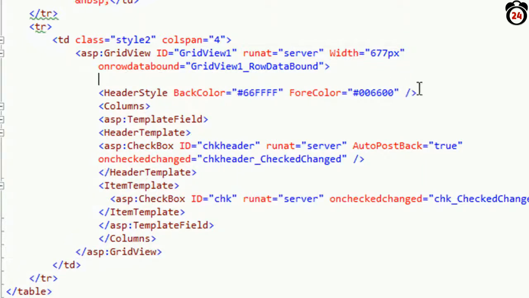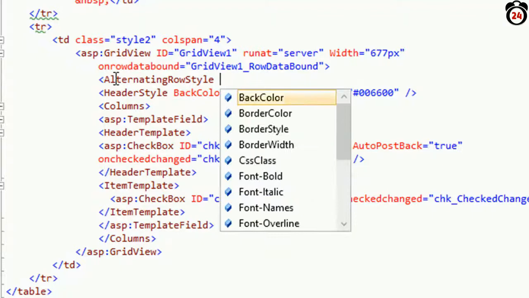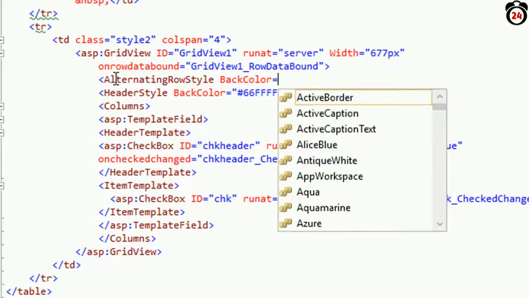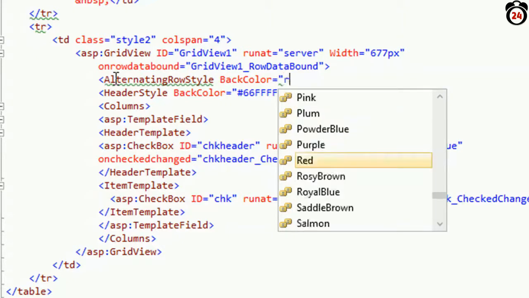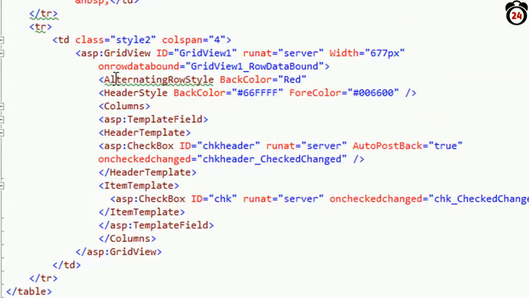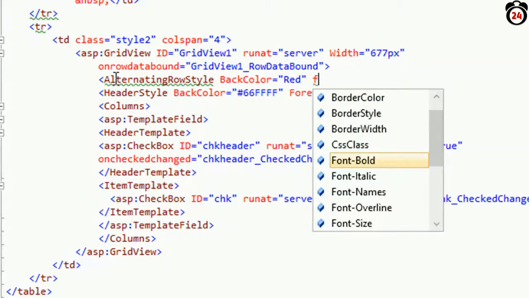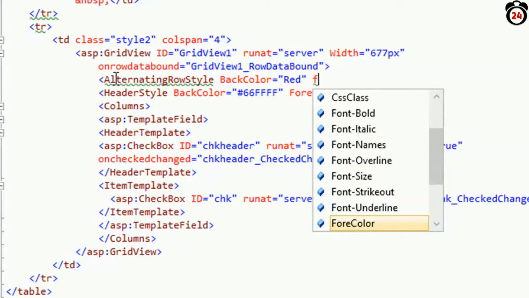Here is also the header style back color. This is the header style back color and fore color. Now I'm going to edit the code to change the alternating row style back color. Alternating row style means one row after another, then after one row again. Alternating row style back color is red, and fore color is